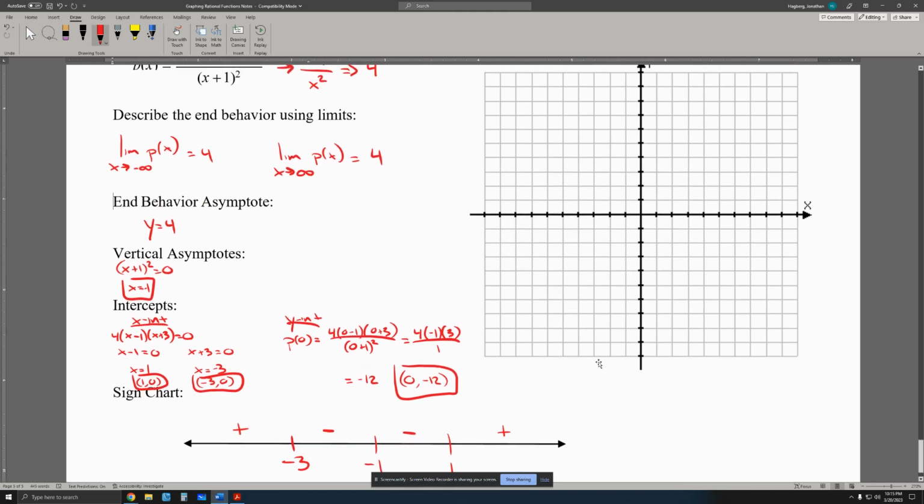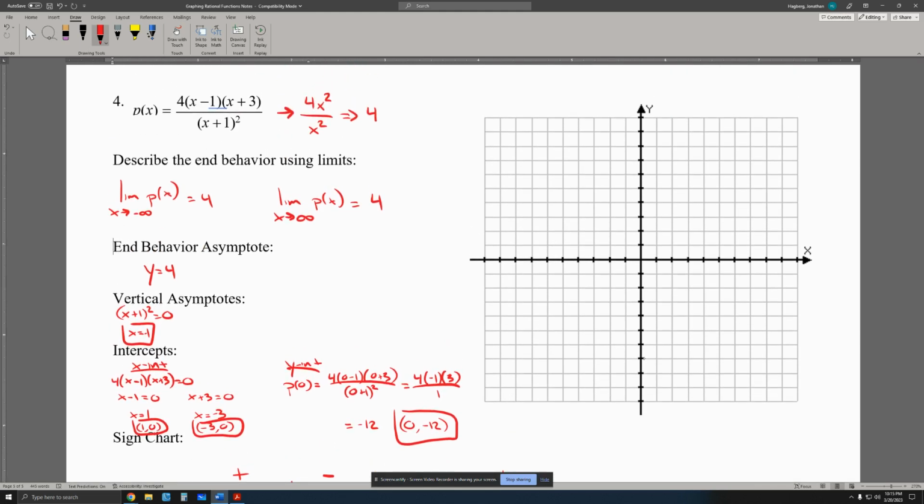Vertical asymptote, we have one at x equals -1. We've got an end behavior asymptote of y equals 4. We've got an x-intercept at (1, 0) and at (-3, 0). And a y-intercept of (0, -12), which is way down here. So we know that